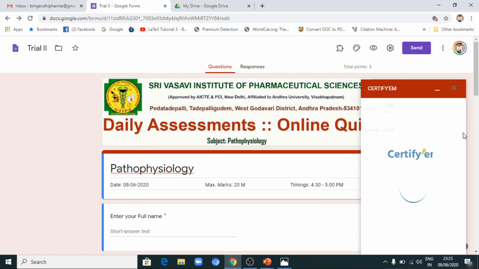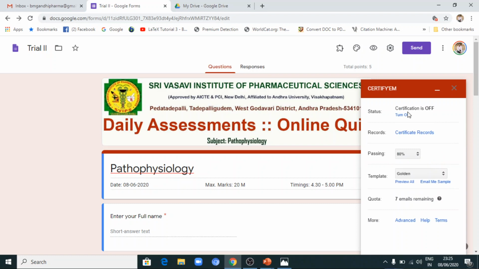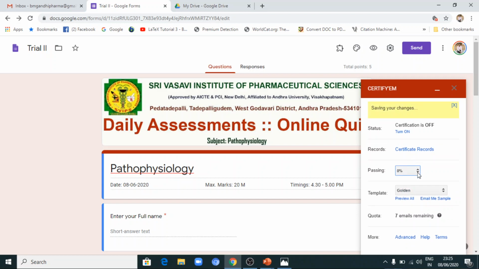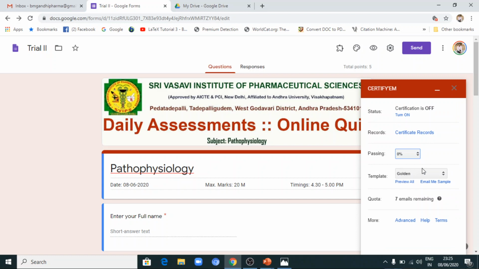This is exclusively for Certify-M, where you can see by default it will be in the off position. So you need to turn it on. And you can give the passing percentage. If you want to give certificates to each and every one, you can simply make it 0%. And if you want to make it 50% or 60%, you can make changes as per your wish.